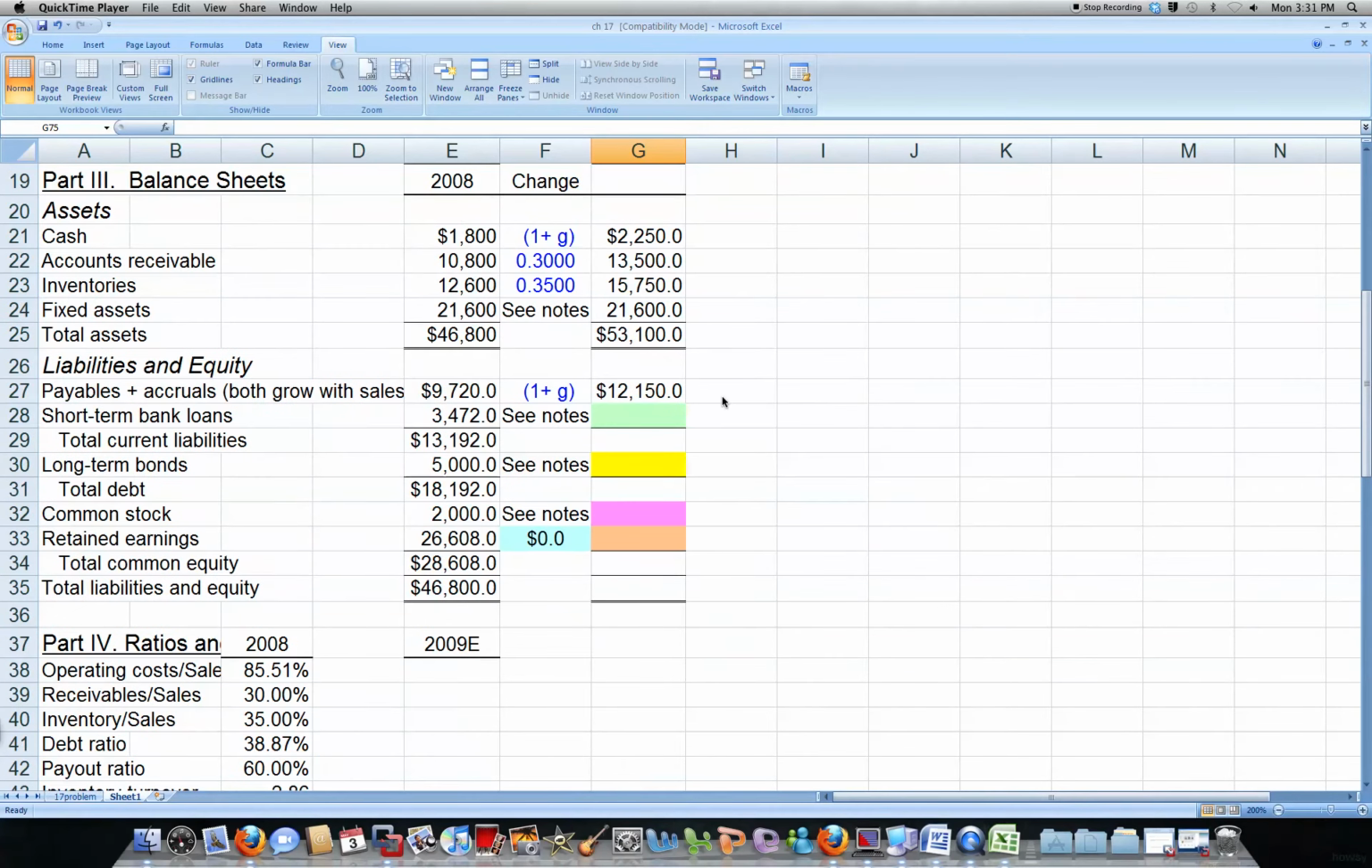Okay, this is 1714 continued. When we left off, we didn't have our fixed assets in. Basically, the problem tells us our fixed assets stay the same, so we just bring them over. They stay the same, and we find our total assets. Here is the sum of our cash, accounts receivable, inventories, and fixed assets. So we have a total asset of